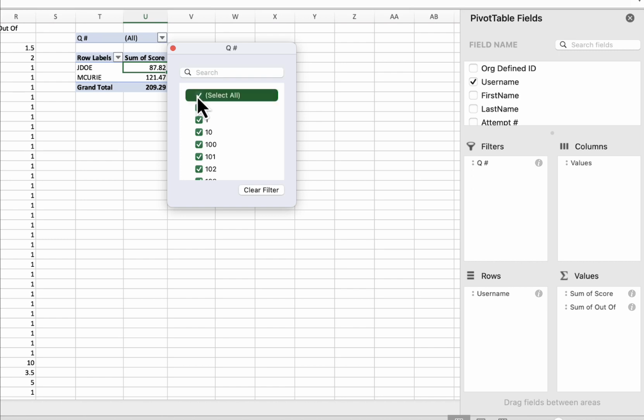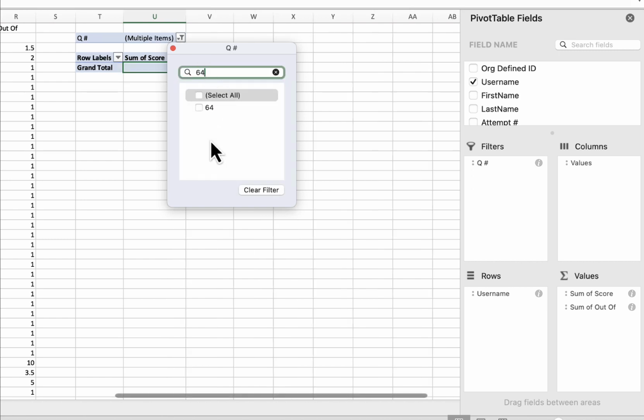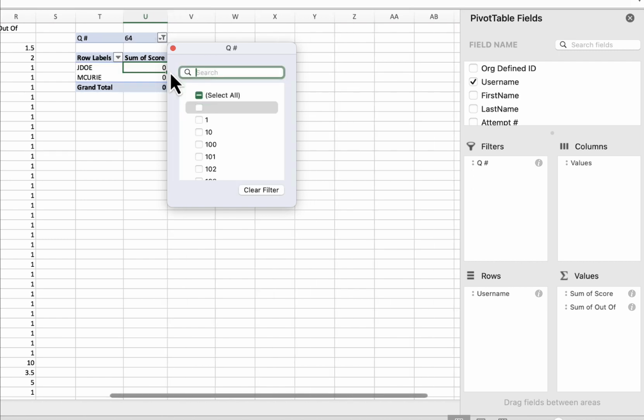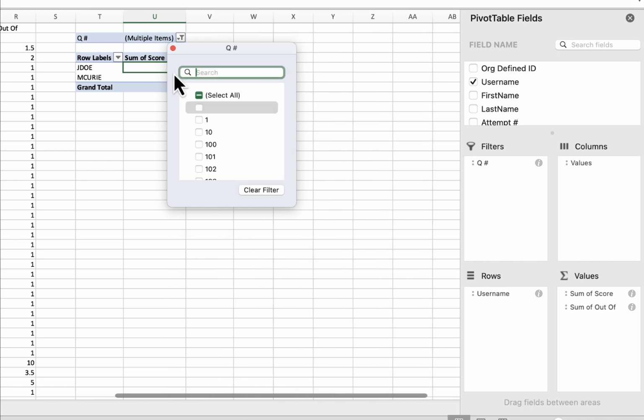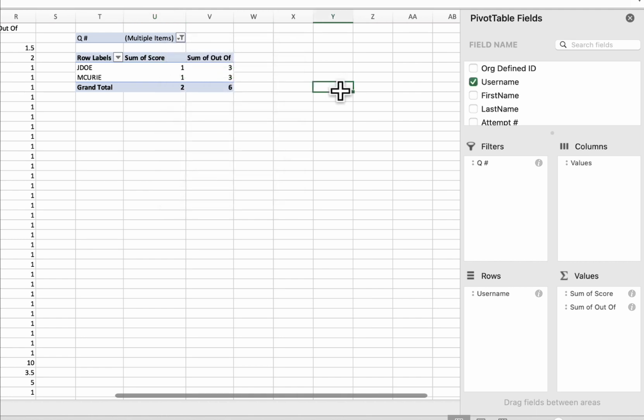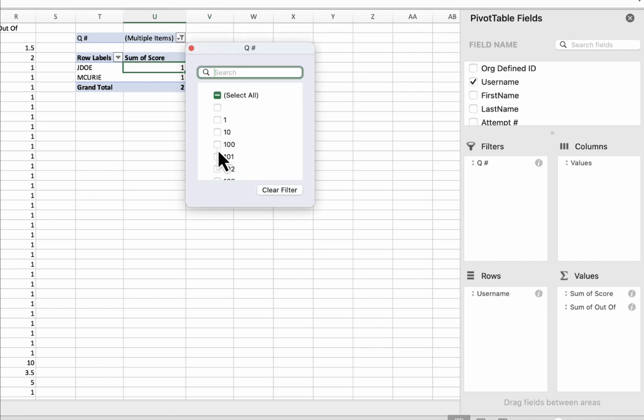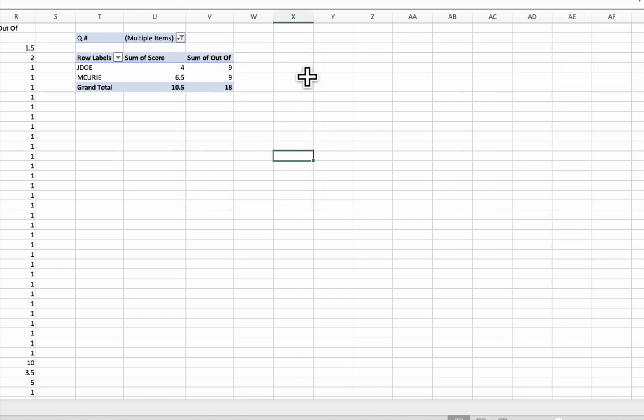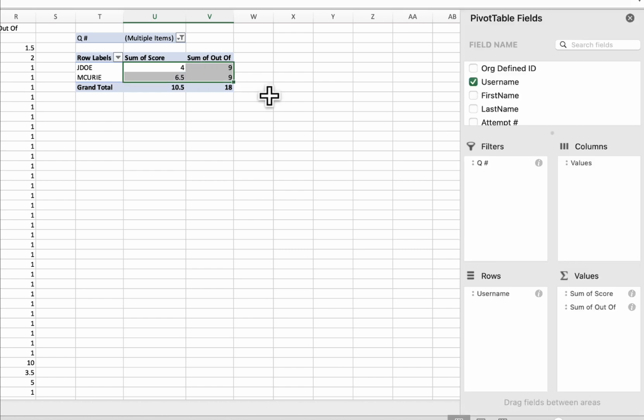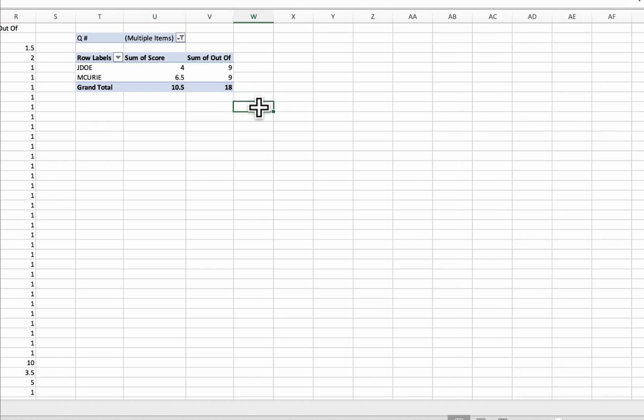Okay, so we're going to choose our particular questions. Let's say we want question 64 and question 70 and question 82. All right, and you might have more than this probably. So that's going to take just those questions, and it's going to add them up and tell us how many points they could have earned, how many points they did earn. Let's add a couple more. Let's see if this is working. Okay, and yes, so this is telling us the results,